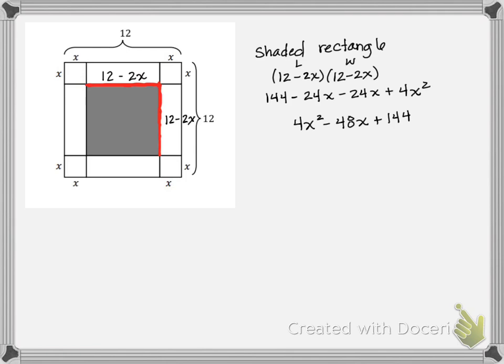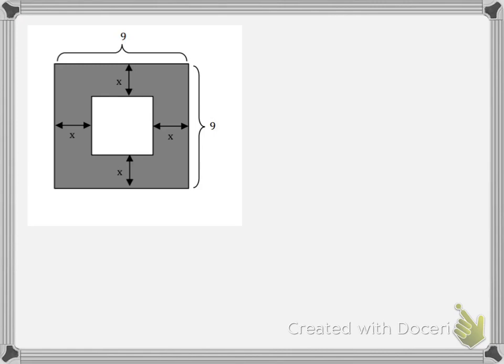So this last one is exactly the inverse of the one we just did. So this one, the only thing that was shaded was that middle square. And on this one, the only thing that is not shaded is the middle square. So we're doing essentially the same thing, except instead of just finding the area of the middle, we are going to find the area of the entire thing. So entire square